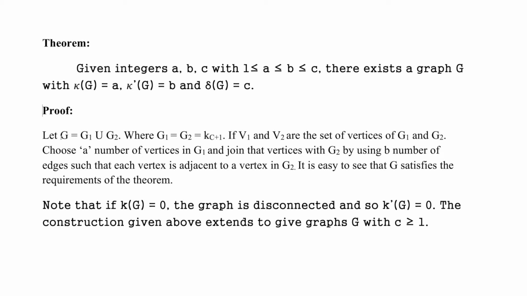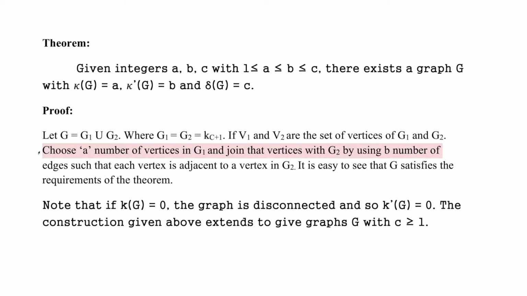We shall see the proof now. Let G be equal to G1 union G2, where we are going to take G1 and G2 as K C plus 1, that is a complete graph with C plus 1 vertices. If V1 and V2 are the sets of vertices of G1 and G2, what we are going to do here